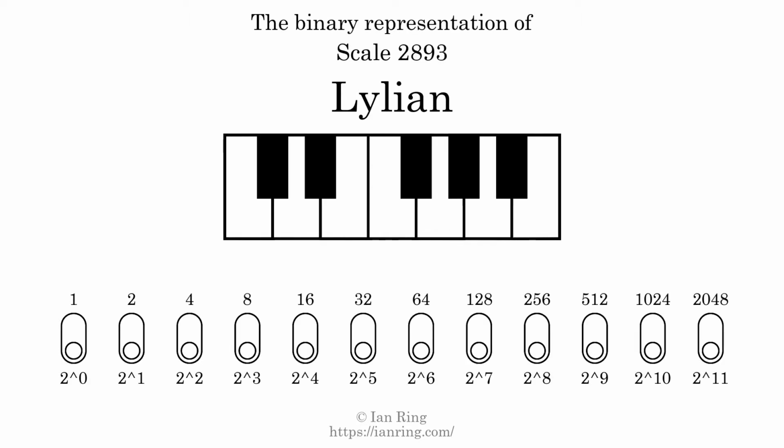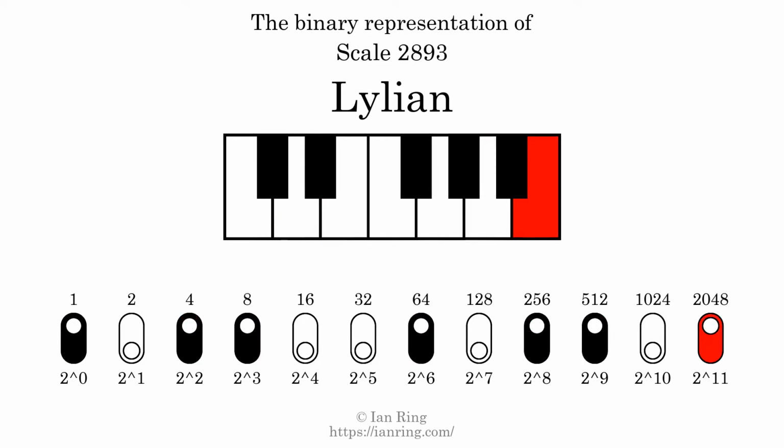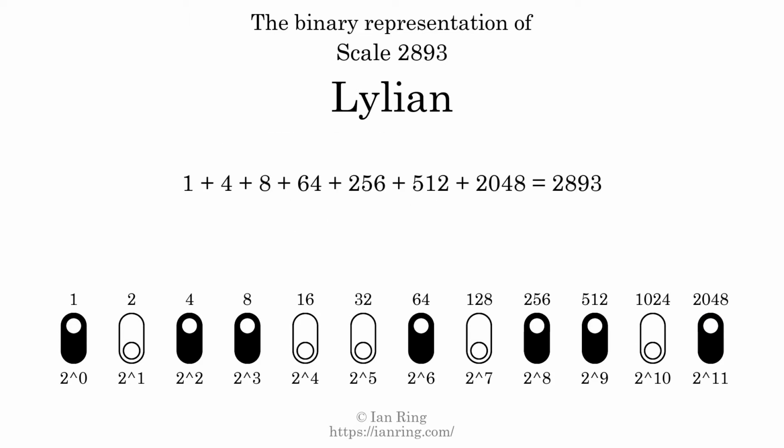The binary representation of this scale is determined by mapping tones of the scale to binary digits. Each binary digit represents a power of 2. To get the scale number, we add the powers of 2 together. The powers of 2 that are present in the scale, all added together, equals 2893. That is why the scale number, in decimal, is